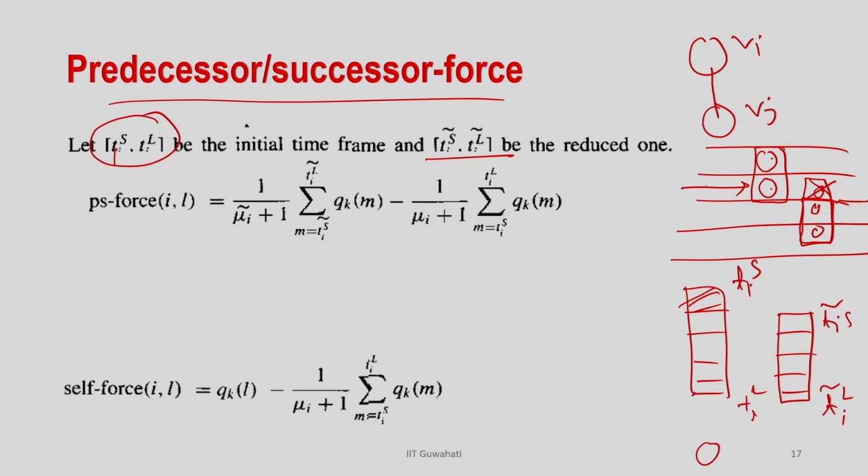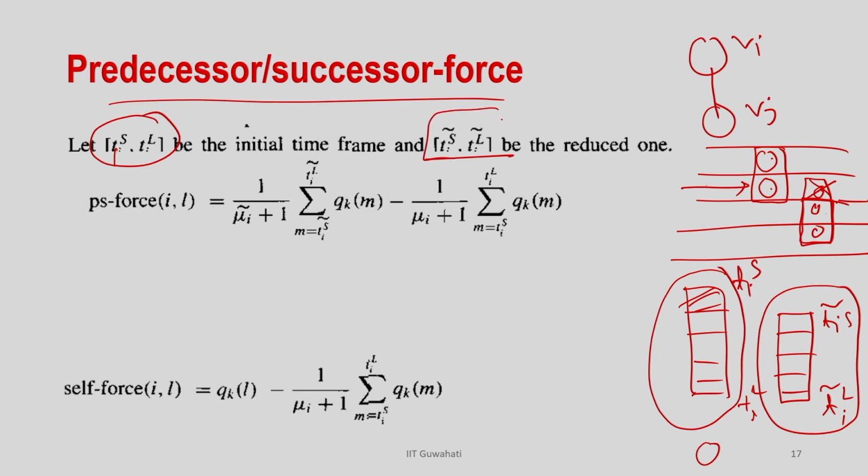So, what I am going to calculate is the predecessor or successor force: what the actual self force was when the range was TS to TL, and what it is when the range is revised to TIS tilde to TIL tilde. So, this is my revised frame. If I subtract this revised one, or say take the change, this minus this, earlier it was this value and now it is this value, and the change is this. So, if I put TIL and TIS in this equation and then next time put the revised TIS and TIL,